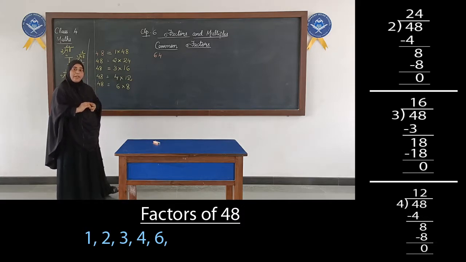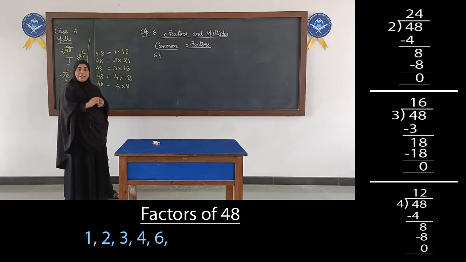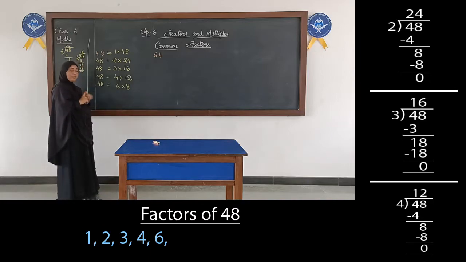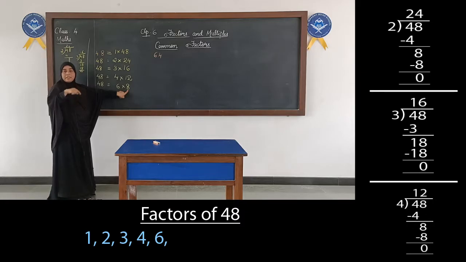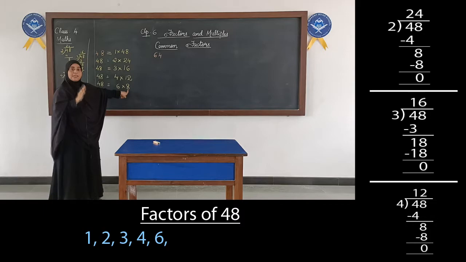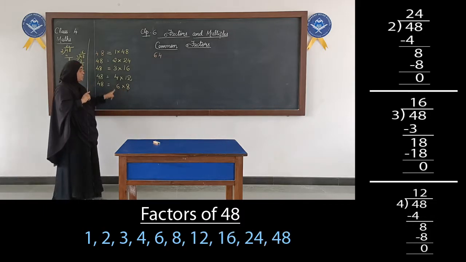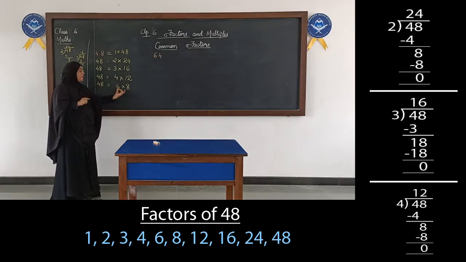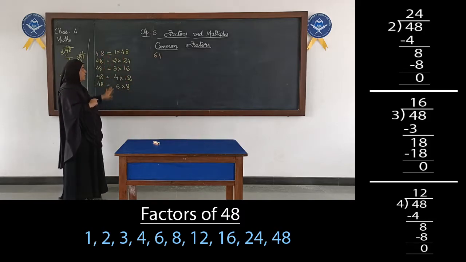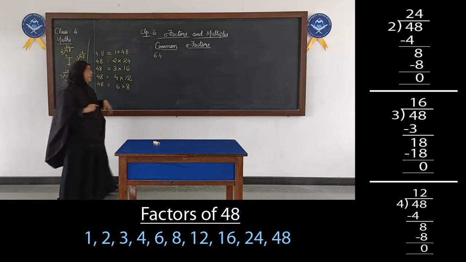In the table of 8, yes, we do find 48, but we don't have to go on, we already have 8 as a factor, right? I told you when the factors start repeating, we stop over there. That indicates that our search of factors has come to an end. Again 8 into 6 is 48, but we don't have to write it since we already got 6 and 8 as the factors. So all the factors that we were searching for, we have found. Okay, so these are the factors of 48. We will list them later.